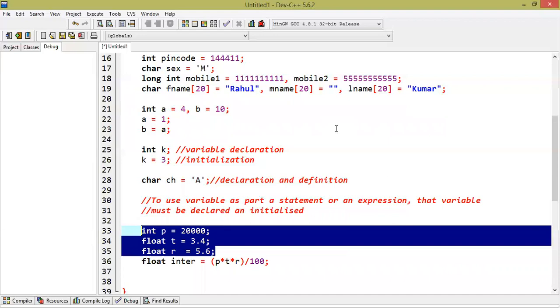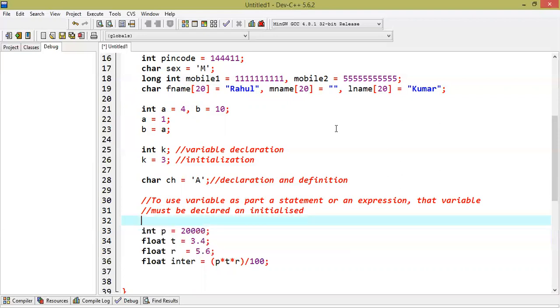So this is the most fundamental rule when you're using a variable as part of the initialization of another variable. In the above example that I have listed here, see, when I want to initialize B by A, before doing this, I have initialized A by 1, or here also I have initialized A by 4.